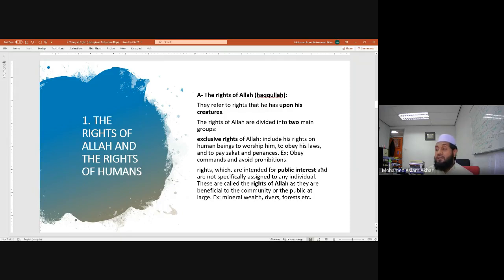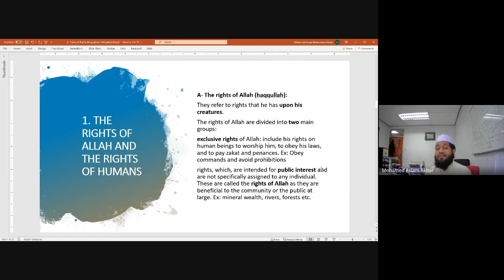These are called the rights of Allah as they are beneficial to the community. For example, you have the mineral wealth, the rivers, forest, including the fire, including the water. All this common good, we call it the public goods. All this actually belongs equally to everybody. Right? So by maintaining this, by making sure that everyone is actually getting it properly,